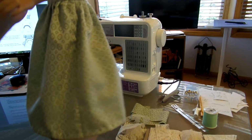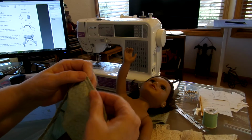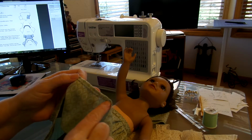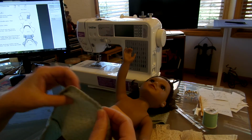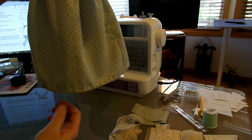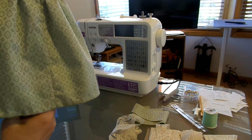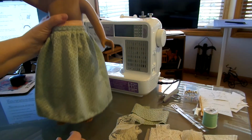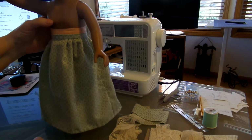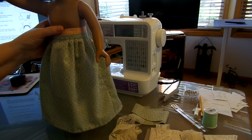I went ahead and put a little bit of a hem in this one. I didn't turn it under, I just did an overcast stitch, and then I whip stitched it, trying to do an invisible stitch so you couldn't see too much of the actual sewing. But I think this is going to be long enough. Once she puts on her pumps or her shoes or whatever she's going to wear, I think this will be fine with the